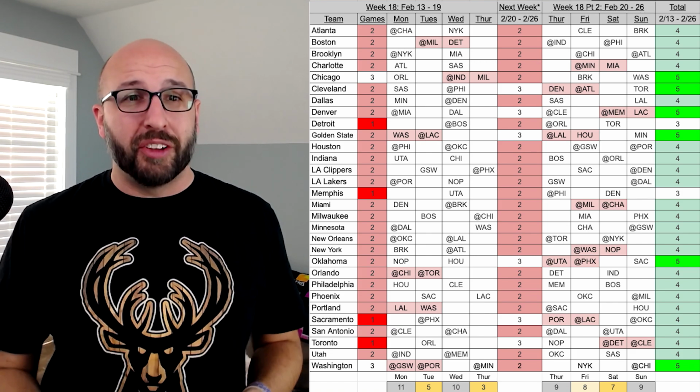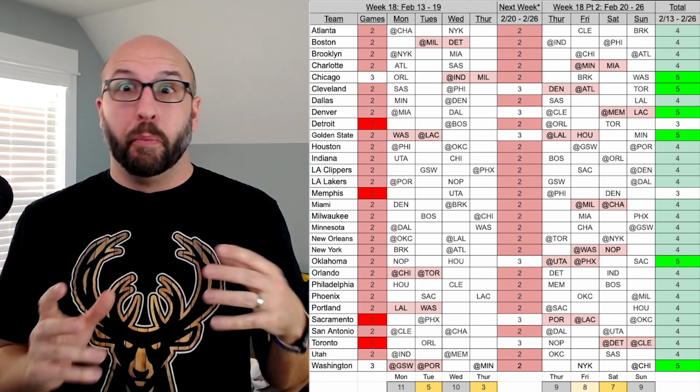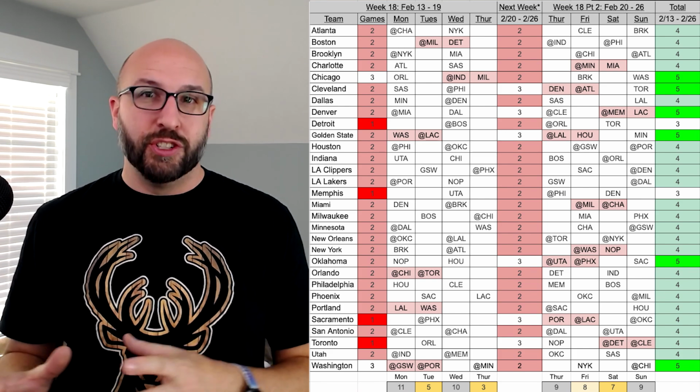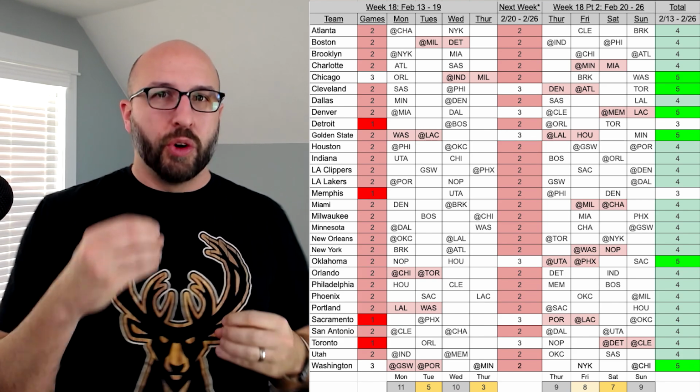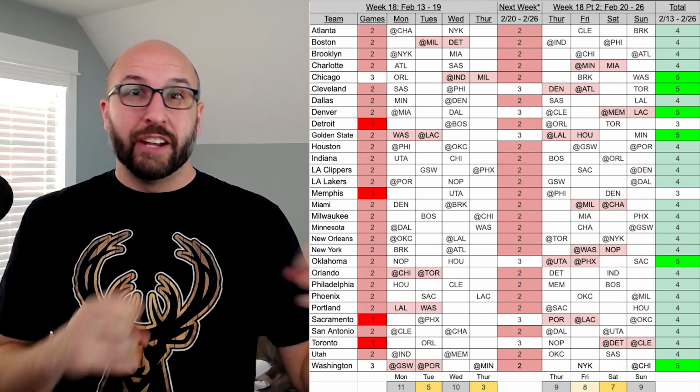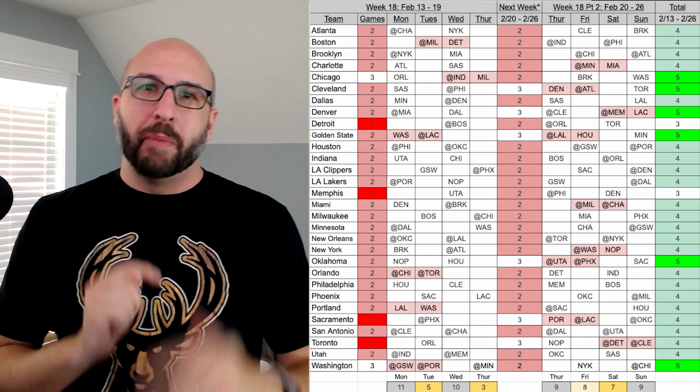Golden State actually has two sets of back-to-back. So despite the fact that they have 5 games this week, someone like Clay might only play 3, which is a huge change when it's this weird week where you can even move, say, from Chicago to Cleveland with your little pickups and try and create a 6-game week if you only then get 3 out of someone like Clay. You got to be ready to make those kind of moves.